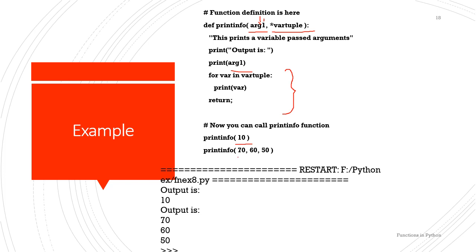But in the second case, we are passing 3 arguments, where the first argument is passed to arg1 and the second and third arguments will be passed to the variable length argument. So this variable length argument will be traversed using a for loop and every element of it will be printed using the print statement inside the for loop. So this is how a variable length argument works.